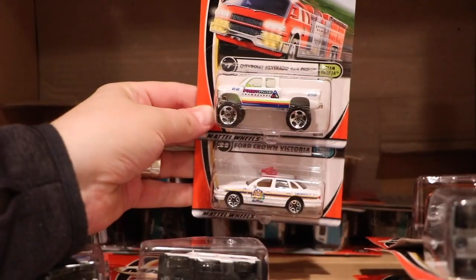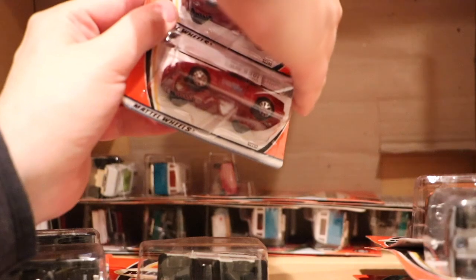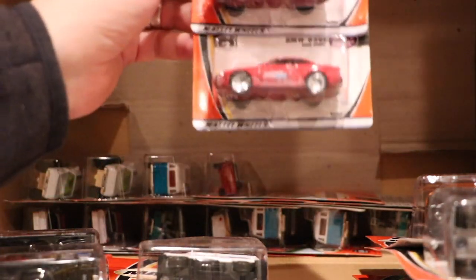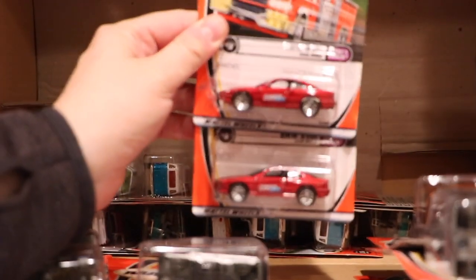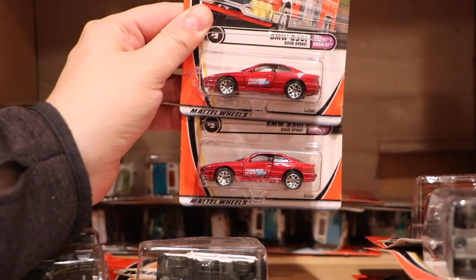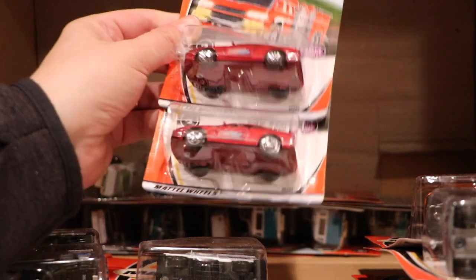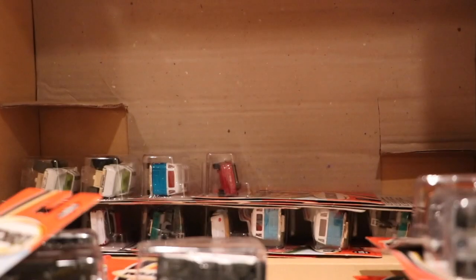Chevy Silverado and the Ford Crown Victoria again. Oh, casualty, a blister casualty. BMW 850i. Another casting I've always liked. And I think, because that's a broken blister,